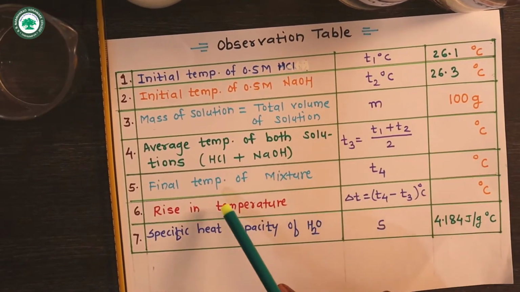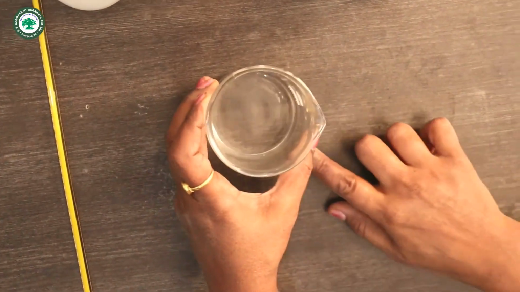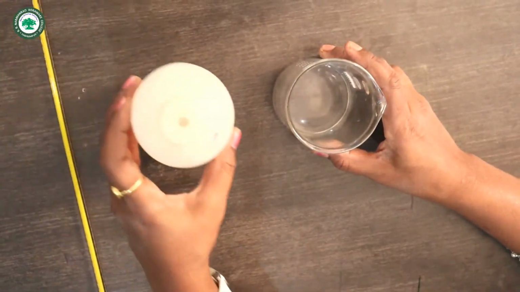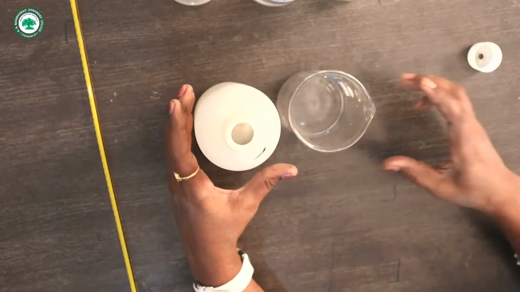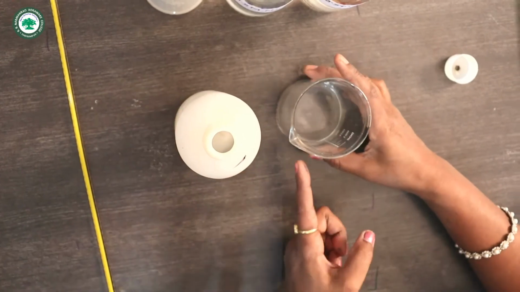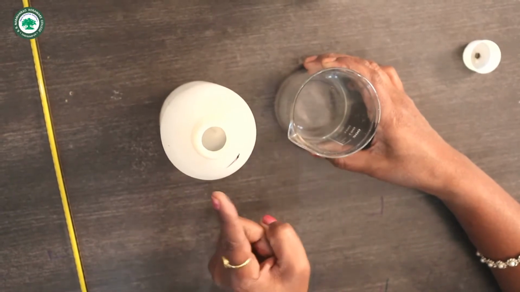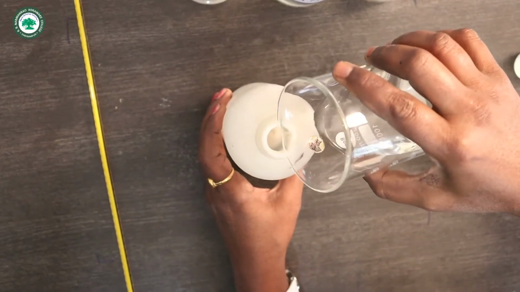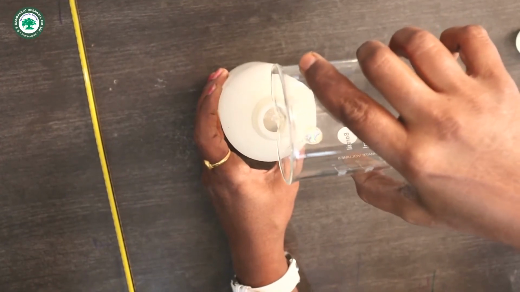And now we have to measure the final temperature of the reaction mixture. How that is done, we'll see here. In this beaker, we have 0.5 molar NaOH solution having volume 50 ml. And in this polythene bottle, we have already taken 50 ml of 0.5 molar HCl solution. One thing is important: add this NaOH solution into the HCl solution. Don't do the reverse addition, because we have to measure the rise in temperature. So add this 50 ml of 0.5 molar NaOH solution into the 0.5 molar HCl solution.